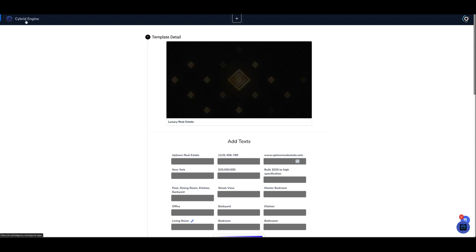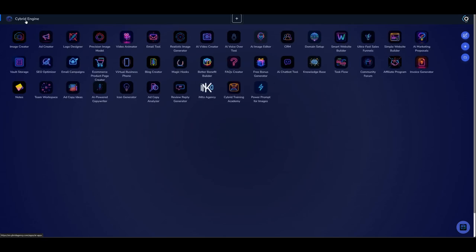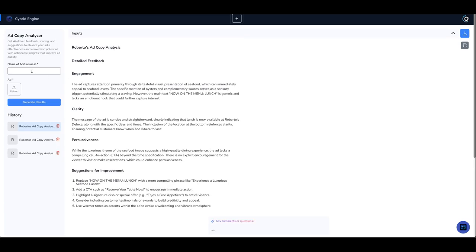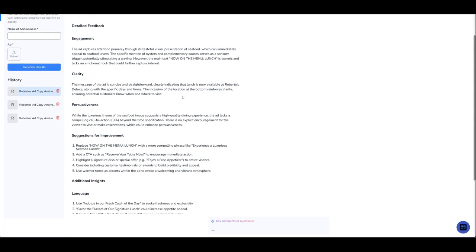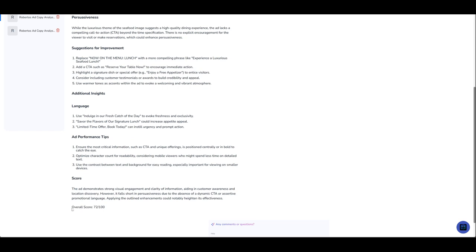And if you previously made an ad and you're just not sure how to feel about it or you want some extra advice, go to your ad copy analyzer app, type in the name of your business and upload your ad here and it'll pop out some feedback. I put in an ad for a lunch menu for a place called Roberto's, and it'll give you some feedback on the engagement, clarity, and persuasiveness, and then also some suggestions for improvement, and score it for you out of